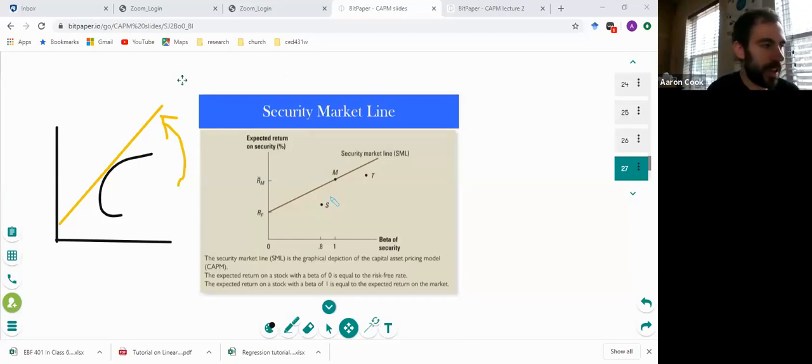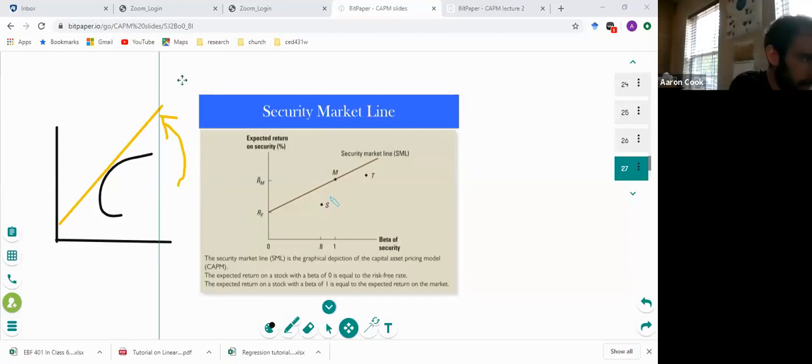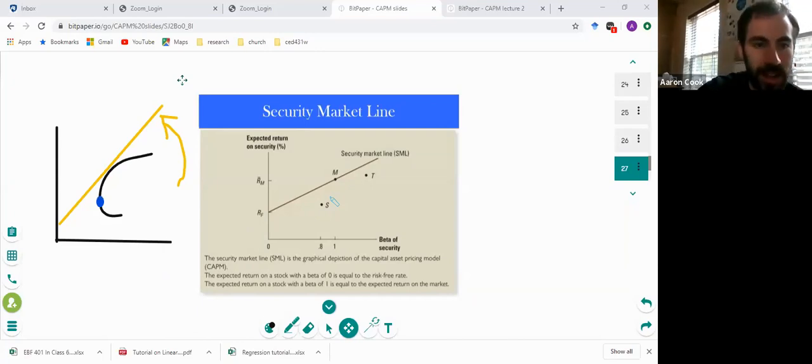And notice that if we have any other kind of asset, let's say we have a portfolio that's right here. Everything on this black line is feasible. That just represents a combination of two different assets. We've seen that in terms of the portfolio frontier. Now, if we were to choose something like this blue dot,